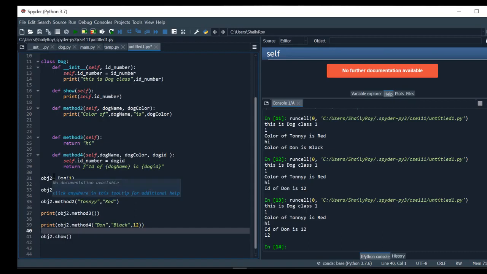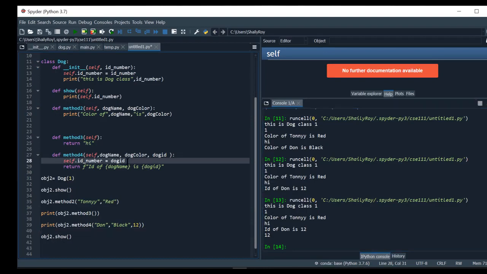So whenever I am changing anything in the obj2 object, it will change the whole self. So the color of Dawn is red, hi, ID of Dawn is 12, and also writing this show method is showing 12. So first it was showing me 1 and then it's showing me 12